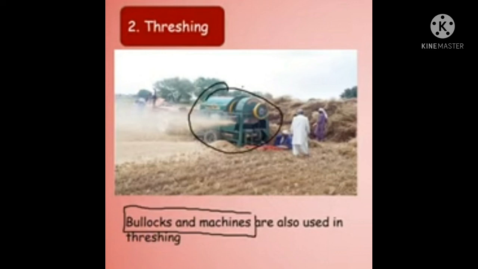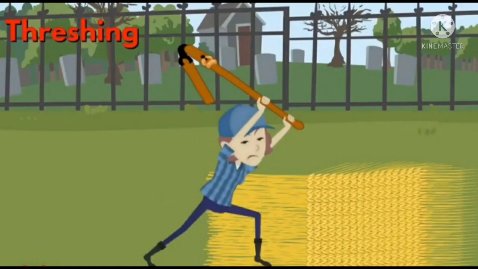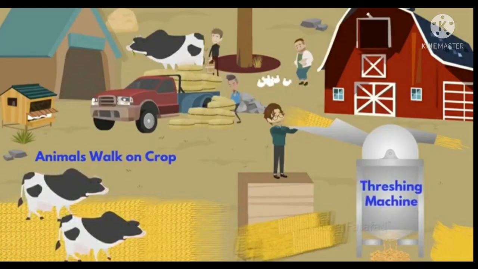Threshing is a technique to separate stalks and grains either by machine or manually. Manually, it is done by beating stalks on a hard surface where grains are separated. But if the quantity is large, animals are allowed to walk on that, and nowadays threshing is also done